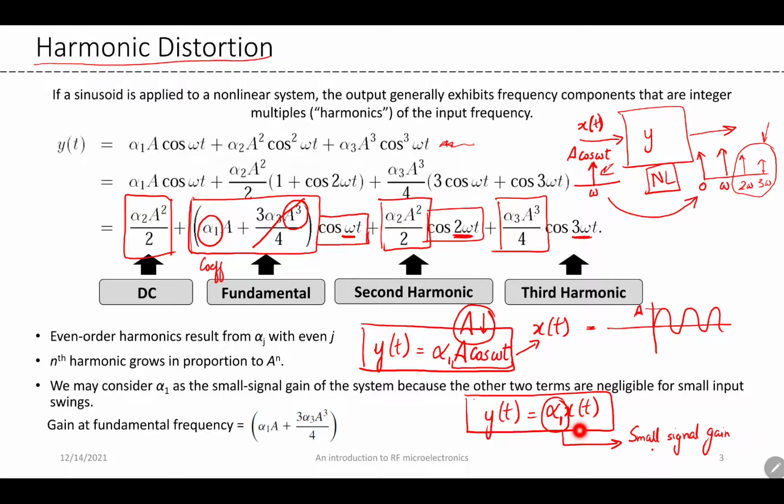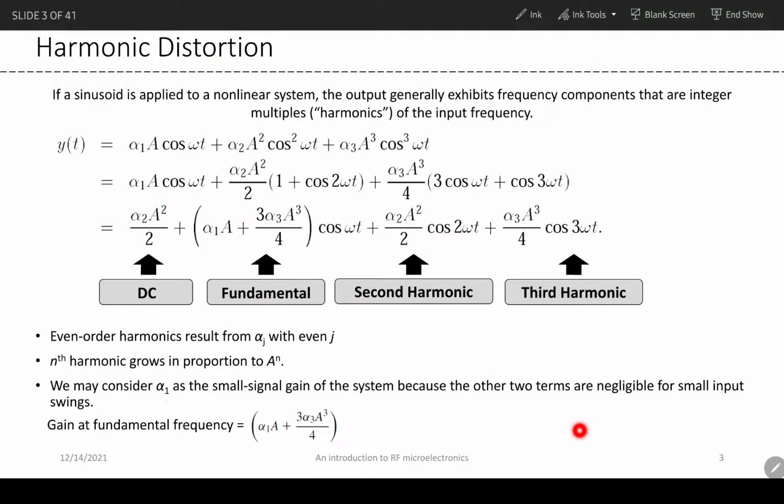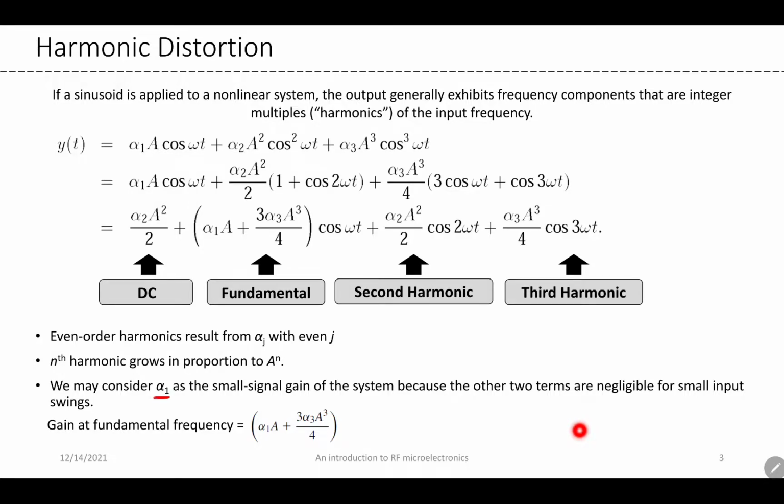If you have a which is very small, then you can ignore all of these terms, and what you're left with is this simple relation, and what that implies is that alpha 1 is simply the small signal gain of the system. And at the fundamental frequency, the coefficient or the gain,